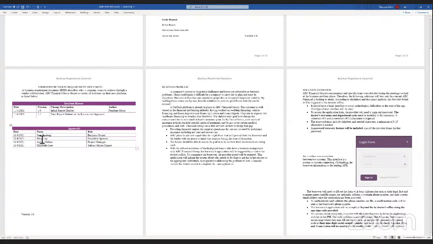Approvals: we have Mr. Samboati as the business owner, representing ABC Financial. We have Mary Lou as the executive sponsor, Antoine as the project manager, and then Elizabeth as the subject matter expert. The business problem: I speak on ABC already having a fintech platform in place